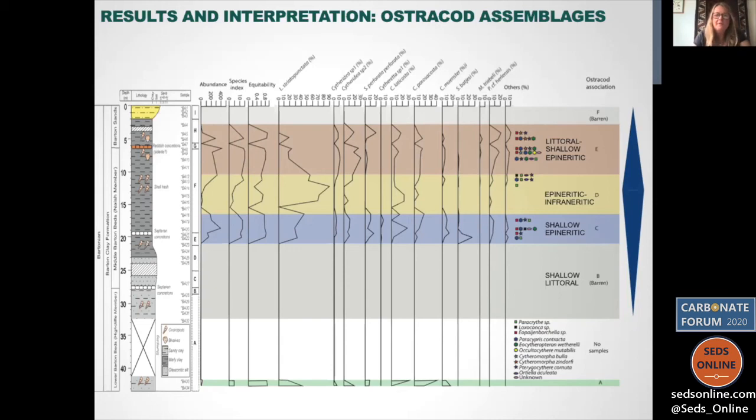So we're going to move now to the final presentation of this session, given by Nick Roberts. And Nick is presenting a poster. And this has a slightly different format. We ask you please to go to the poster that's uploaded in the Seds Online. And I don't know whether, Nick, you're also going to share your screen with us, which has a poster, and there we go, and talk us through it.